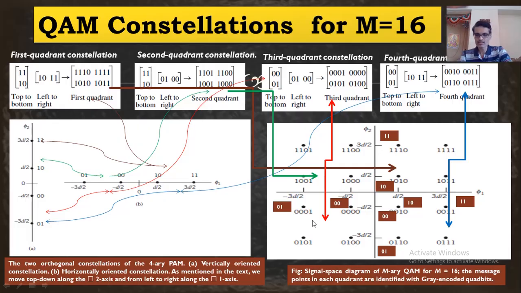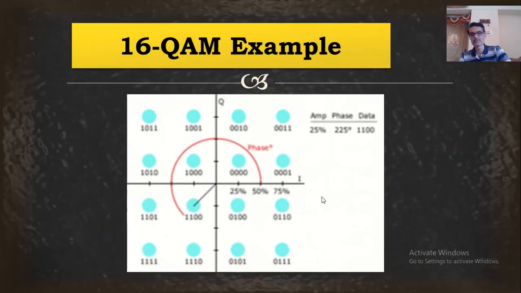Now I said the amplitude is going to change as well as the phase. Anyway, we have quadrature phase carriers, so we are going to change the phase. And these are the amplitude levels. So different amplitude levels at different points. That's what I'll get. Now the same thing I'll explain with this particular animation.